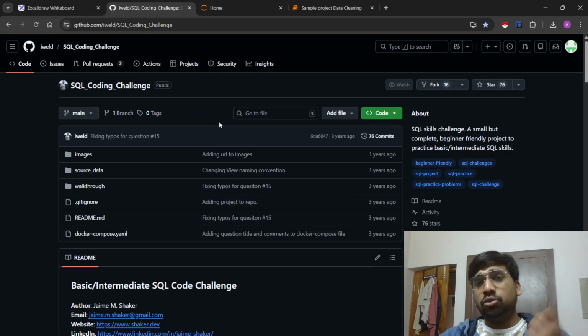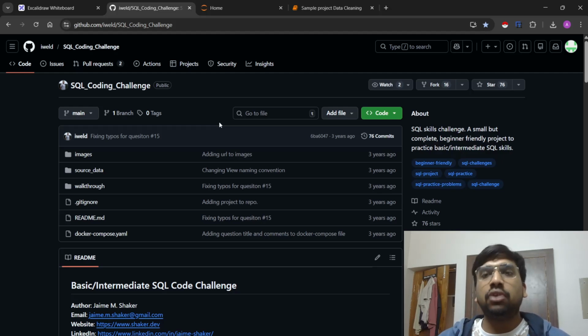Till then, you can also use this if you want to create your own project. It's basically not a project; I don't think you can add it to your resume. But if you want to practice SQL, then this is a very good source. While I was solving these questions in SQL, I learned a lot of things, a lot of string aggregation functions and date time functions and some different kinds of logic as well, that I will share with you when I create the video for it. Till then, don't wait for me.